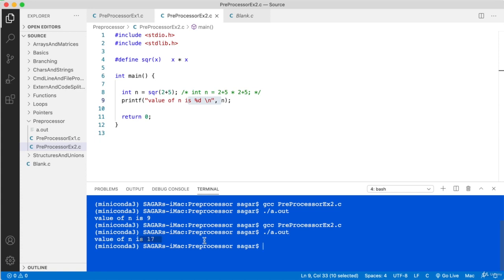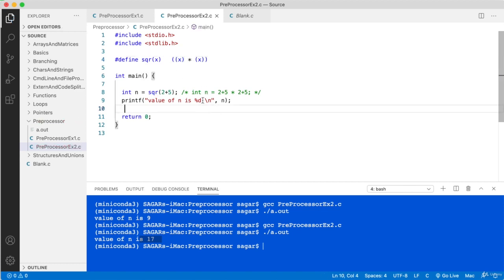So this should clear up the difference between a macro and a function, right? A macro simply expands, whereas a function is a normal call where the arguments are type verified, and the control has to switch over and switch back once the function is done. That entire process is there. But a macro is simply a definition which replaces the call. Is there a way to correct this? Yes, you put parentheses around x, and here as well.